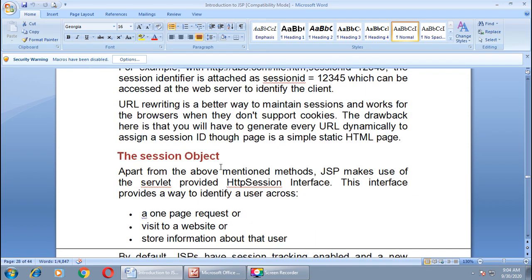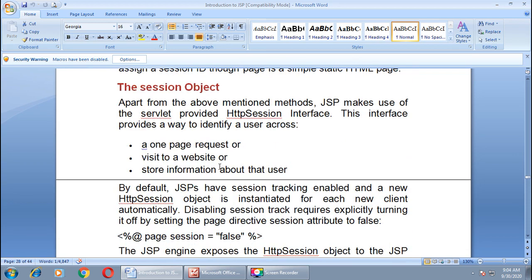The last way is the session object, which we have already discussed in the previous session. One more time we are going to discuss it. See here, we have gone through the theory of the session object: by default JSP has session tracking enabled and a new HTTP session object is instantiated. It means it creates an object of HTTP session by default for each new client automatically, right?